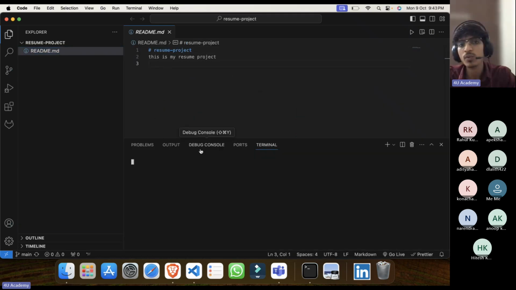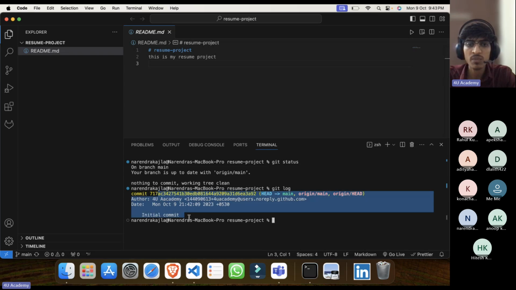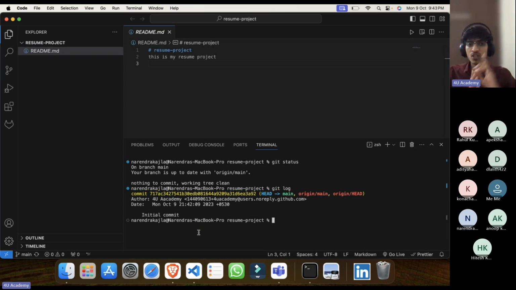And let me open my terminal again. If I check git status, you see work tree is clean, nothing to commit because I have not made any change, right? But if I do git log, you see one commit is already there. Okay, so one commit was made there and I downloaded it. But if you have noticed, this time I did not git init. Okay, I have not done git init, right? Why? Because when we clone it, it is already a Git repository. So we don't need to git init. Okay, so that thing we can skip.